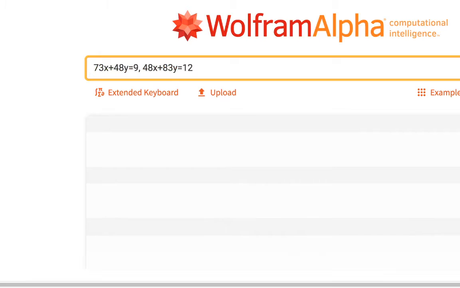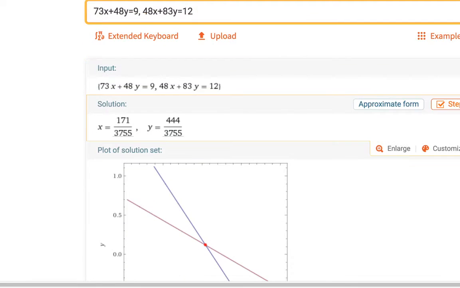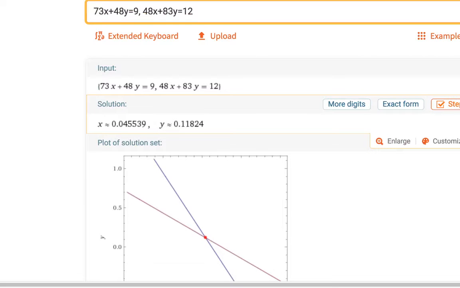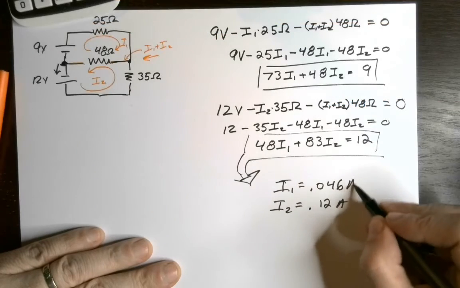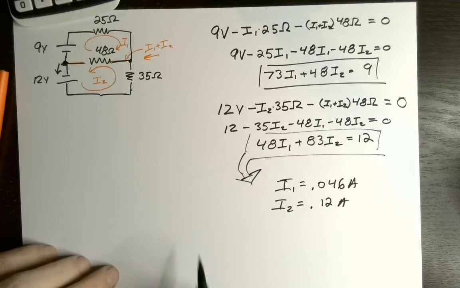Wolfram Alpha will solve that exactly and give us some fractions. I will ask for it in approximate form so I don't have to do the math myself. And what do I get? I get x, which is I1, is 0.0455, let's say that's 0.046. And y equals 0.118, that's I2, equals 0.12 amps. So these are the currents we get from that